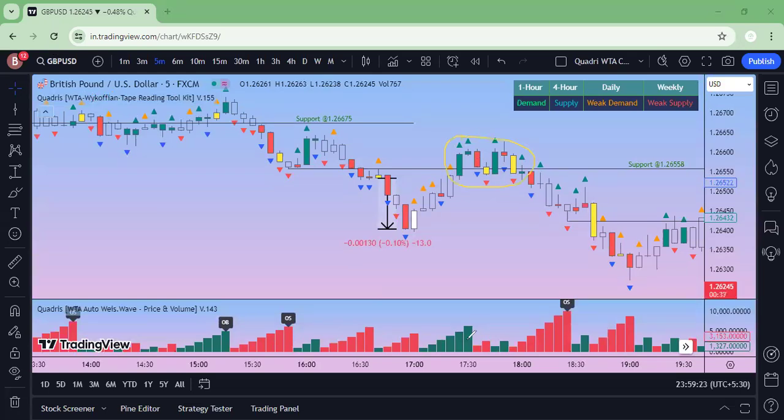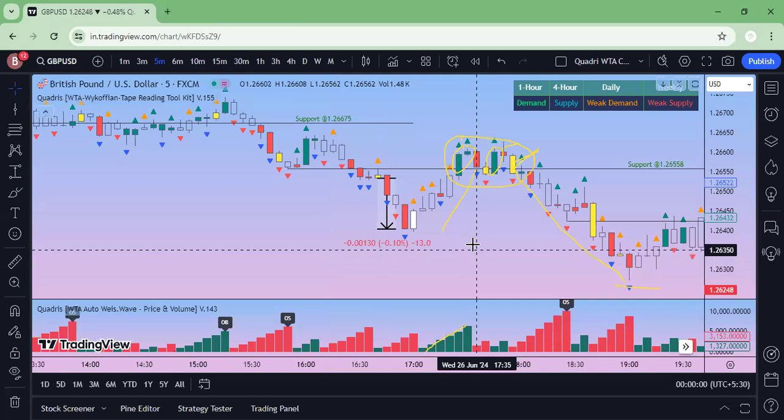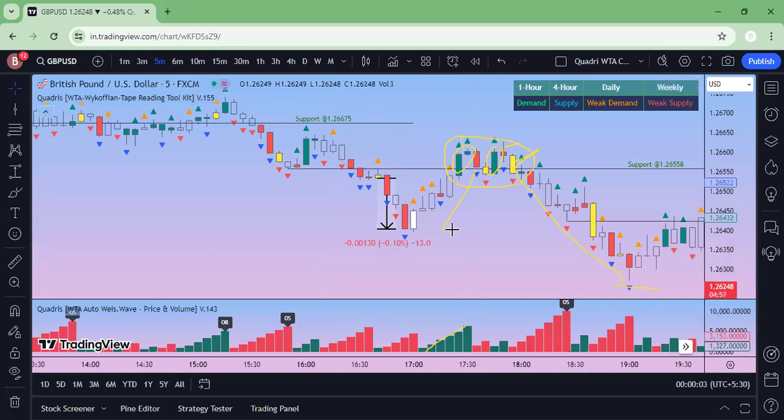Price again tried to rally as it tried to break the support, which has now been converted into resistance, and this was a failure. Again, this was a failure, which was clear and evident by this supply and this one, trend continuation or trend change. And this was the fall of the market, and it made a new low. So this is how you should analyze the market, and it helps you in identifying the market as it is being